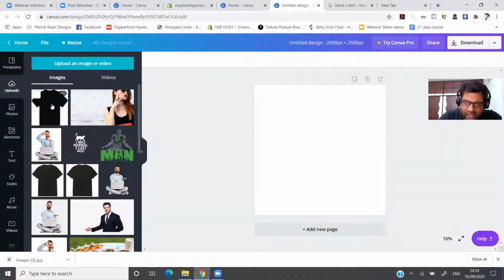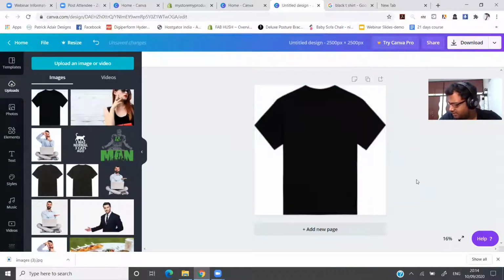Now see, guys, just click on this and drag it. Now this is your black t-shirt, a simple black t-shirt. Let me tell you a pro tip, a small hack in the t-shirt business. The most sellable color is black. If you want to start your own POD, you need to do more business on black. I get a good number of orders on black. My students are getting a good number of orders for only black t-shirts.